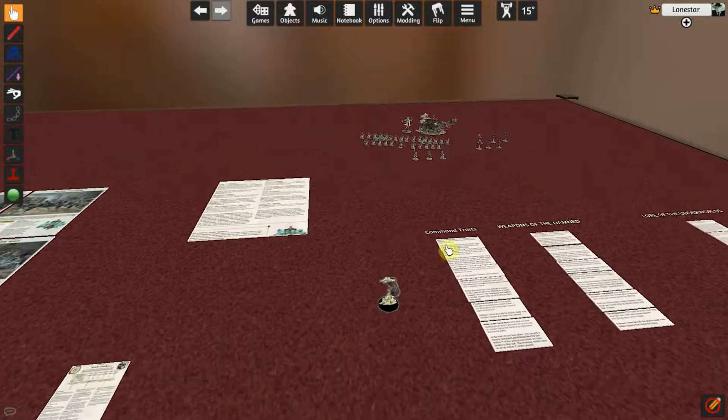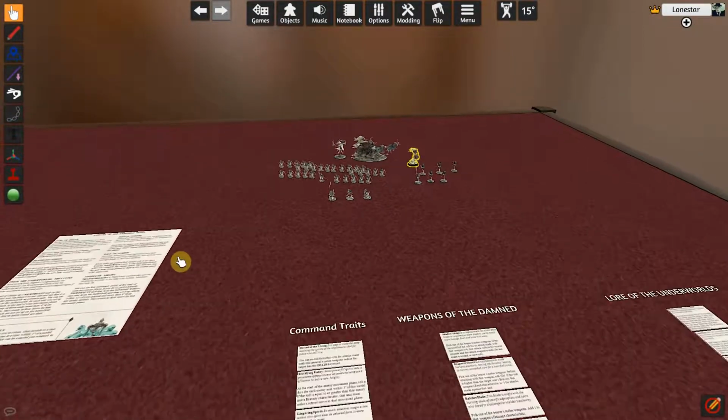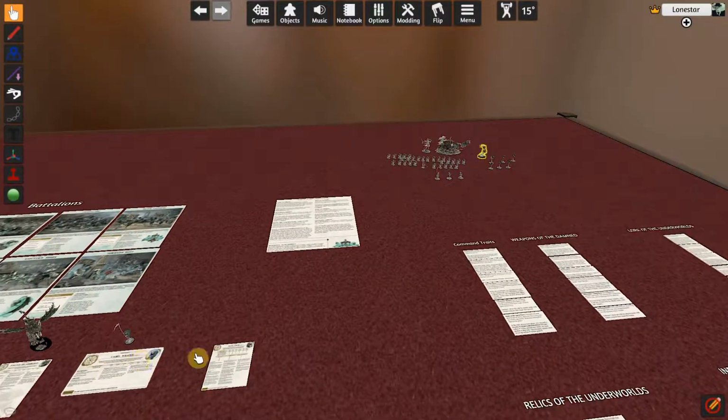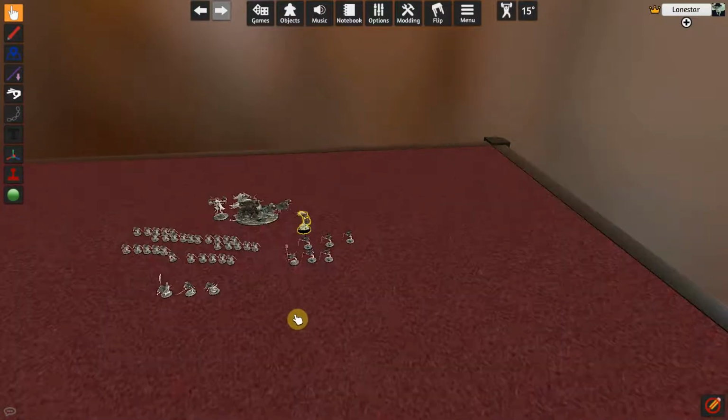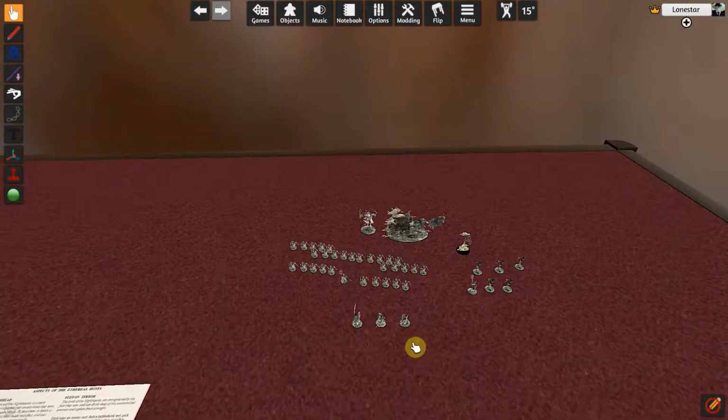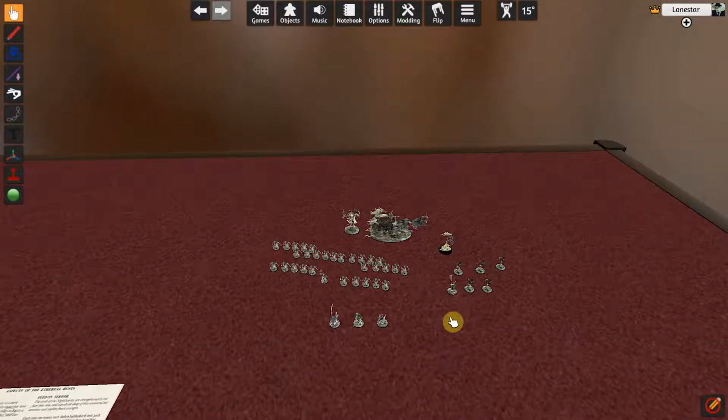Now, if you wanted to take their cards with them, some of these would be outdated. I usually don't mess with it because I'd have the book right next to me. But once I've got my army selected and sort of pulled to the side,